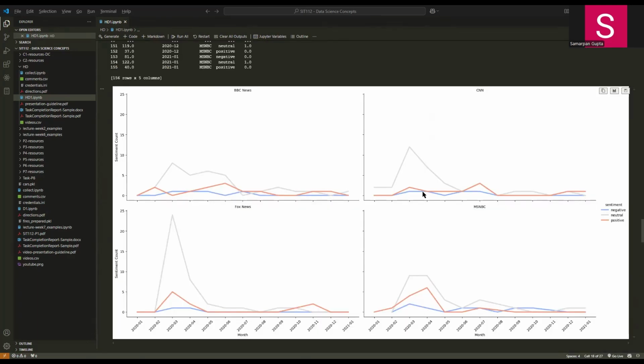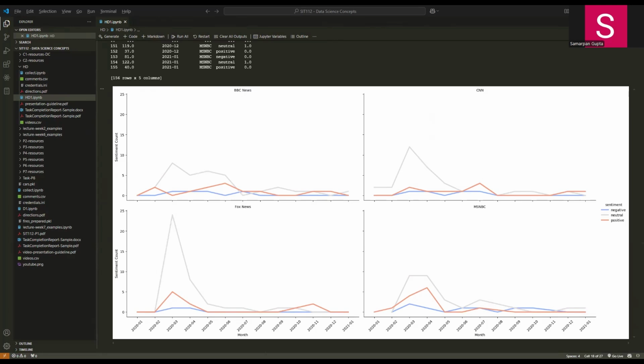Speaking of the observations that we can take away from this graph, as you can very clearly see, all the major news channels show a significant spike in sentiment activity from February to April 2020, which coincides with the early stage of the COVID-19 pandemic. However, the magnitude differs between news channels. For example, Fox News shows the most drastic spike, almost reaching 25 sentiments count, which is predominantly neutral sentiment. Similarly, BBC News and MSNBC show a more moderate increase, from 8 to 9 counts for each sentiment.